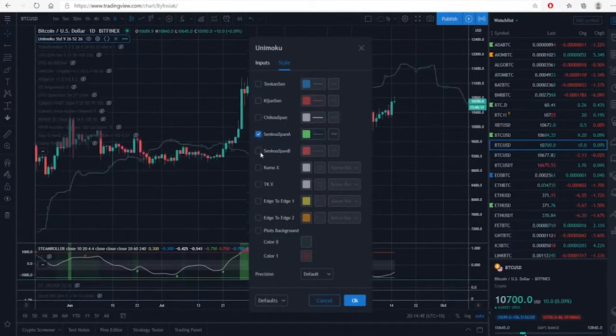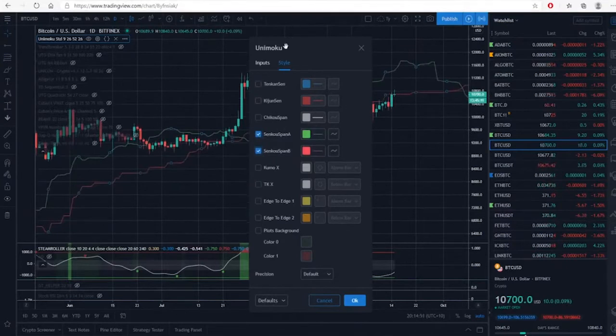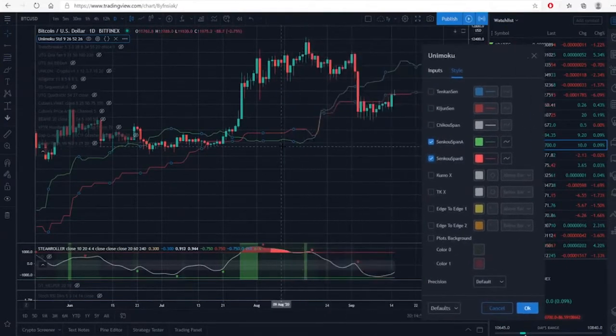We'll get to the Chikou in just a moment as well. So we've got our Senkou Span A and our Senkou Span B. Our Senkou Span A is the green and our B is the red. And each part, as I said, the green line being the Senkou Span A, let's just call it the A line, is the line of the Kumo used to measure momentum and can provide trade ideas based on support and